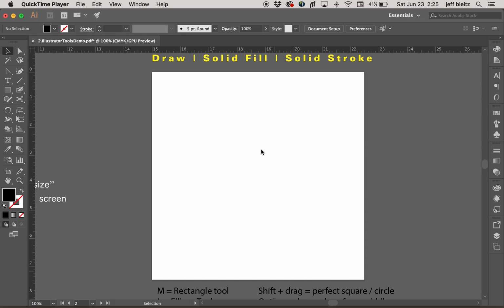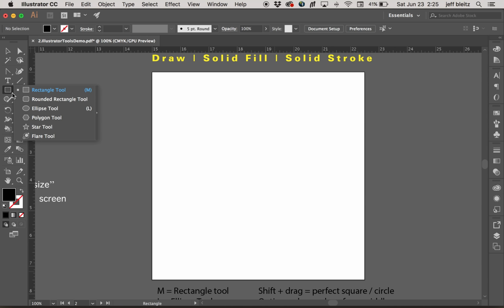To add shapes to Illustrator, I have a couple options. I have a menu of shape tools over here, usually the rectangle at the top. For our purposes, rectangle, ellipse, and polygon are perfectly acceptable, and there's also a Shaper tool. I'm going to start with the Rectangle tool, or if I type M on the keyboard, I'll get a rectangle,